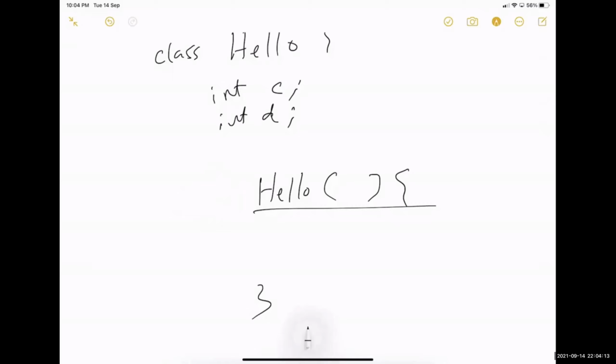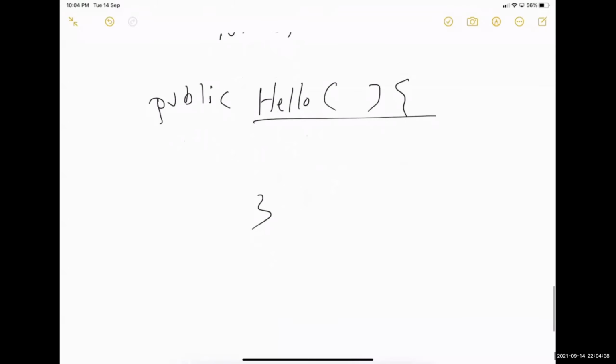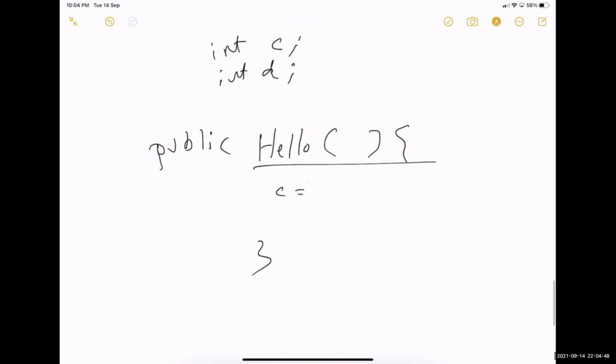So I can say public Hello. This is now a constructor, and inside that constructor, I can have C equal to 5, D equal to 10. I can give some values to those variables. Or what can I do? I can even have a parameterized constructor. So, C equal to 5, D equal to 10.